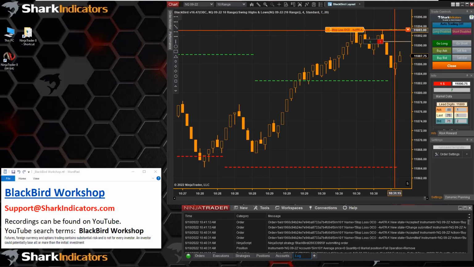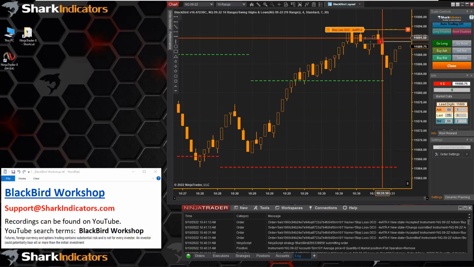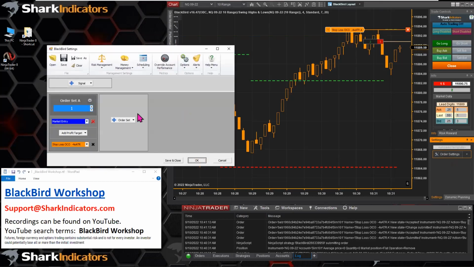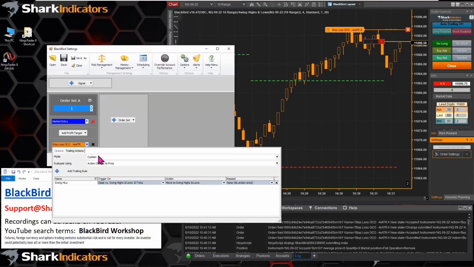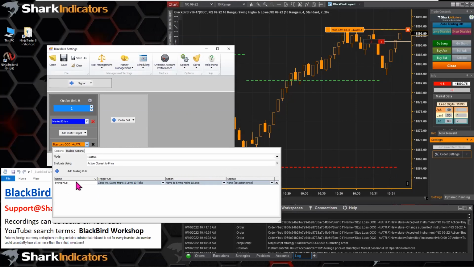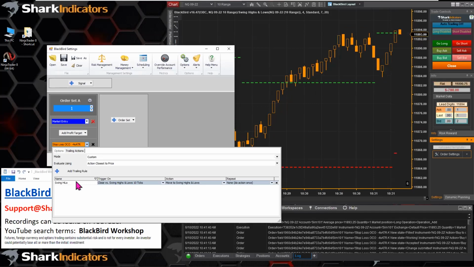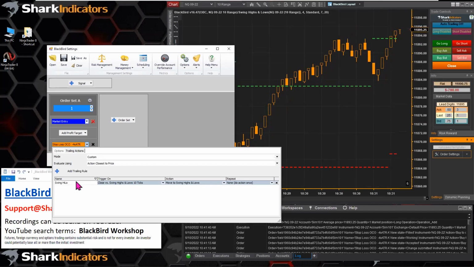But it can only move to that swing high or swing low point once. And then that stop loss is not going to move anymore after that point. So that's how we can get BlackBird to decide between 2 price points for your stop loss,